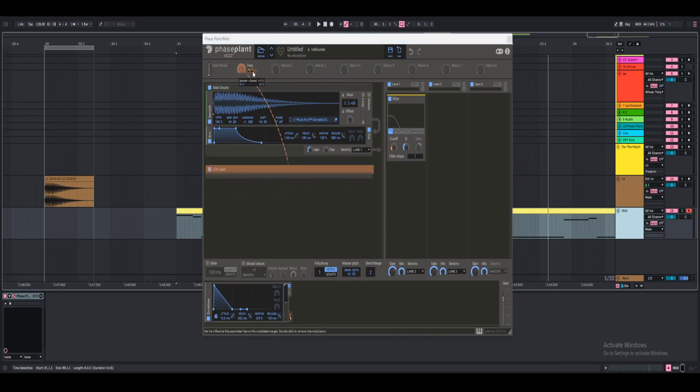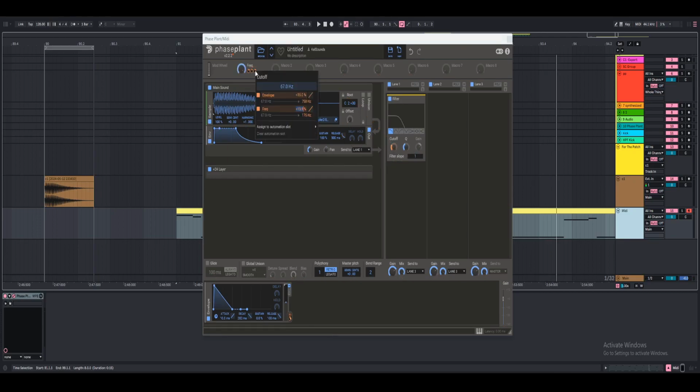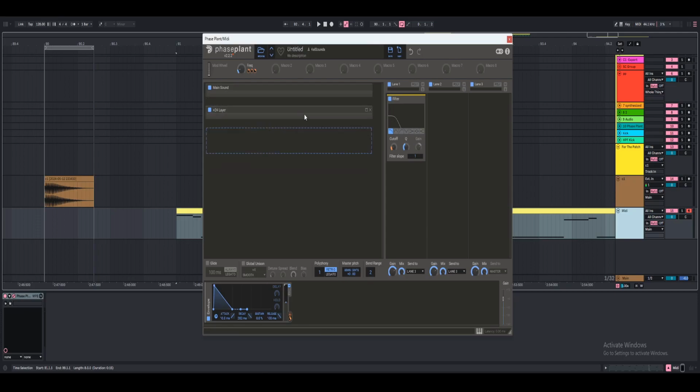So now I'm going to come over here to the frequency and modulate the cutoff. And so for the cutoff of the filter, I'm going to right click and hit 20. And so that way the frequencies of the first sound are just being filtered out a little bit. Alright, perfect. Okay, so we're going to close our main sound, then come over here to our +24 layer,